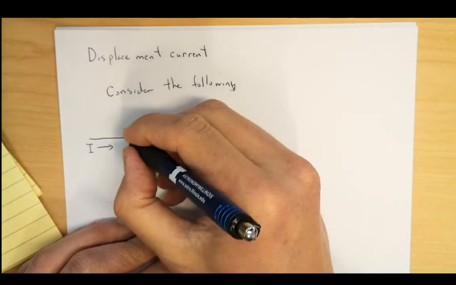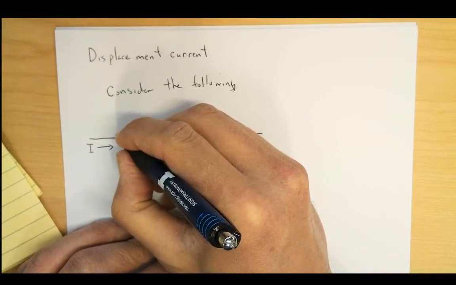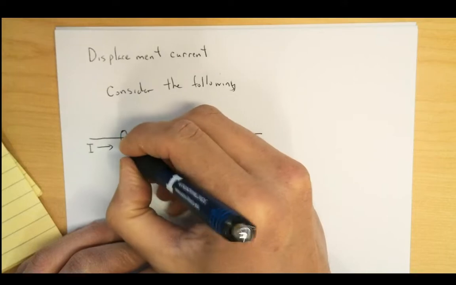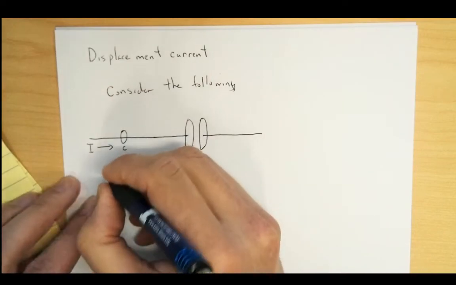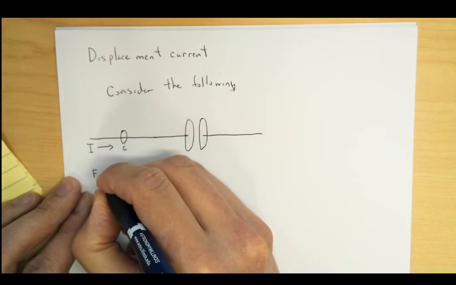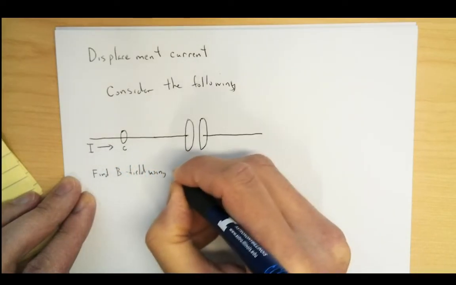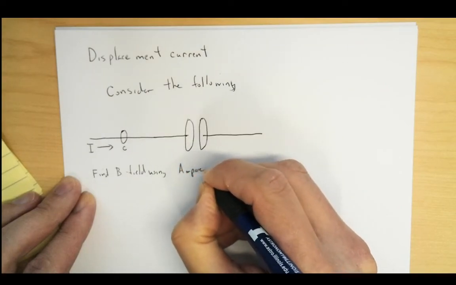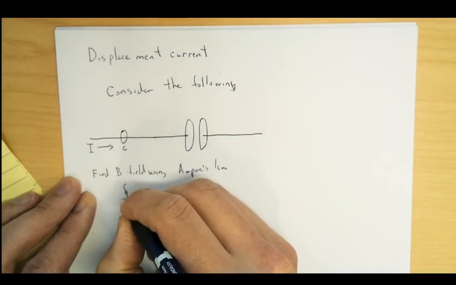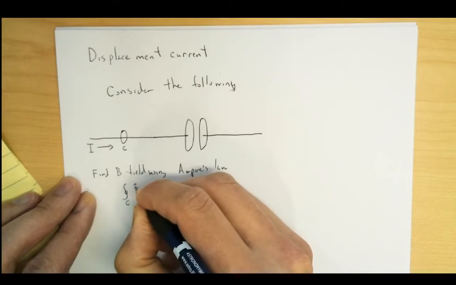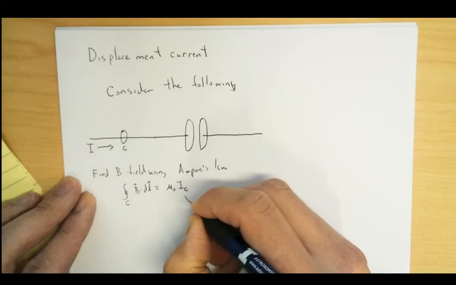And I know if I do Ampere's law, I can try to figure out the B field here. So let's do the B field here. There's the B field. That's my current. That's my C, and I can use Ampere's law. Ampere's law says the following. So let's find the B field using Ampere's law. That's just the integral over C of B dot dl equal to mu 0 I_C, where this is the current